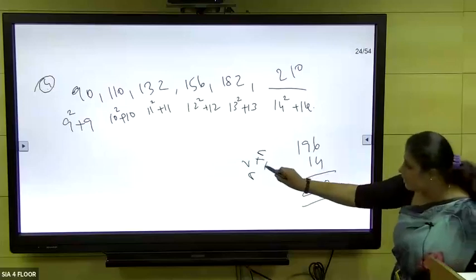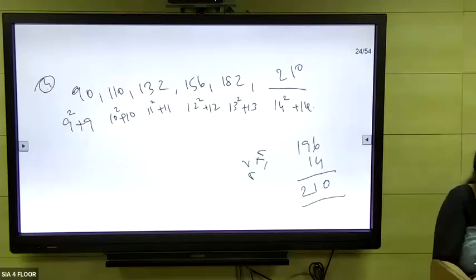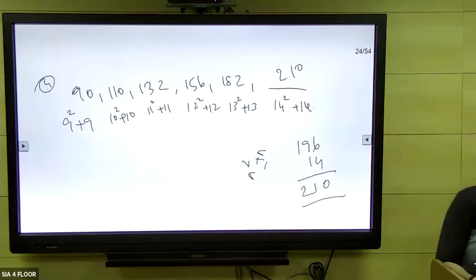Sometimes it can be n square minus n. So these things are related to square numbers. Square numbers does not mean exactly square numbers all the time. It could be any of the things we have discussed. The same applies for cubes also. I don't have to explain that separately.